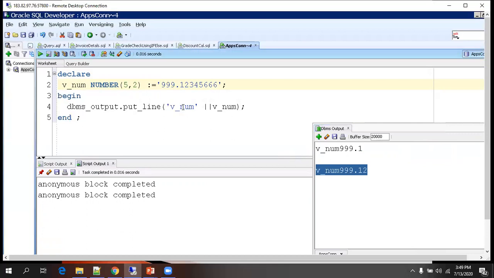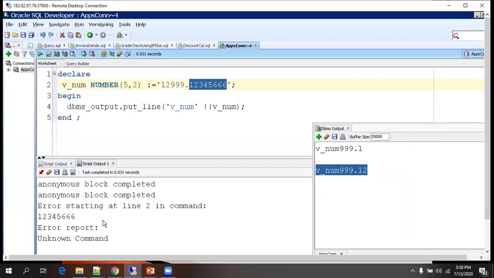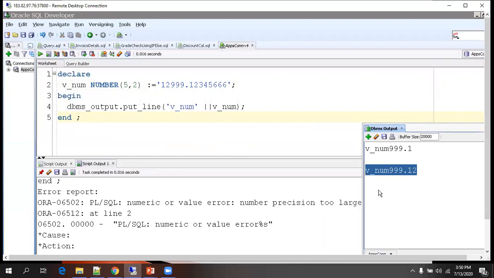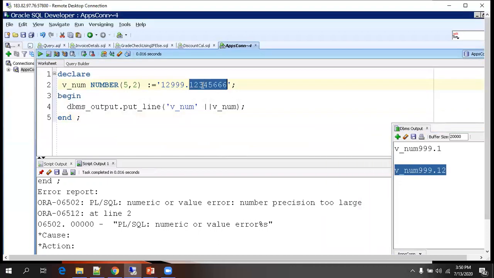Just see again. Now let us say I mention a total of 5 digits. Or let us say I'll just make it a 0.